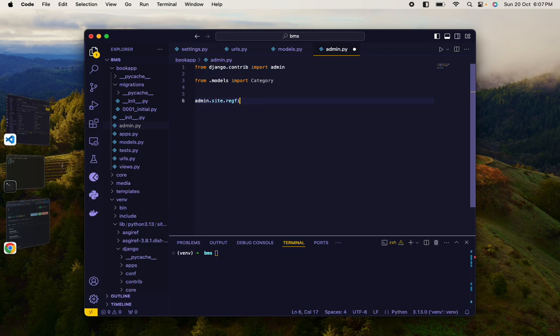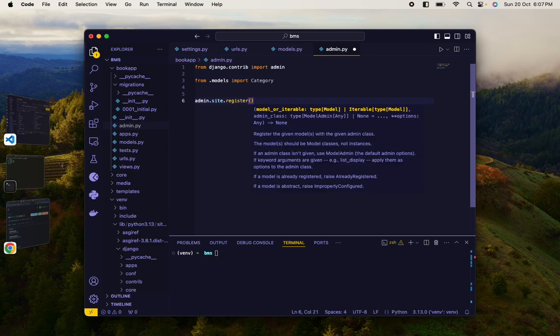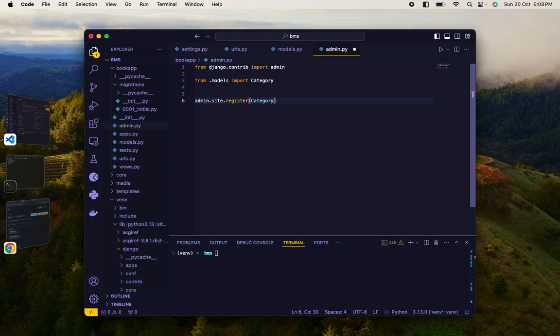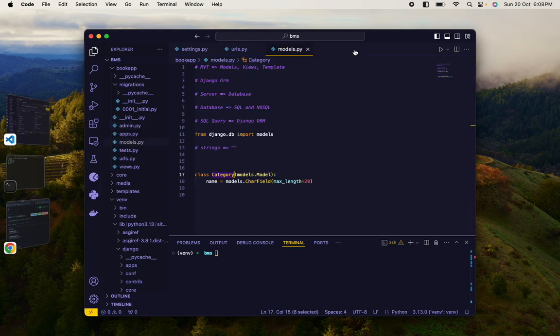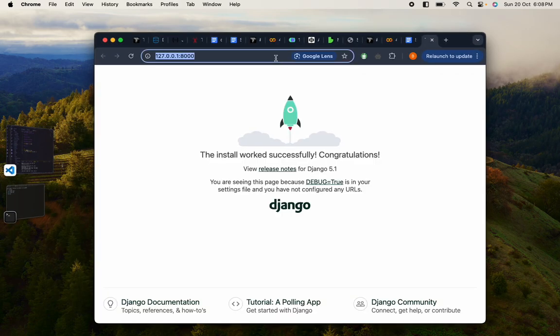admin.site.register, and what am I registering? The Category. After doing this, I'll save my file, and I should run server by default. I want to show you something quickly that runserver would not really work. So manage.py runserver, it will work actually, but I won't be able to access the database I